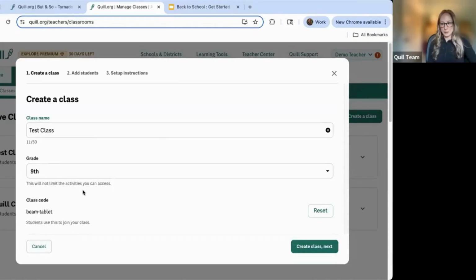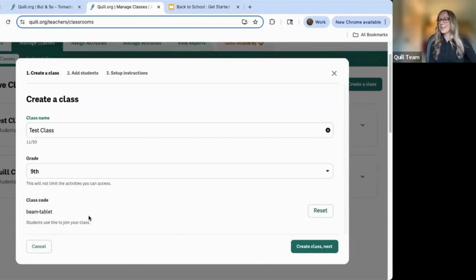And I just want to make a quick note that selecting your grade is not going to limit the availability of activities. You'll still have access to all of our activities in our activity library. And then you also have the ability to reset the class code on your page. So this class code here is a unique code that students will use to join the class. Then after you click the Create Class Next button,